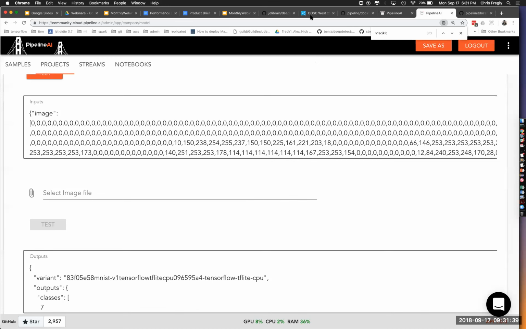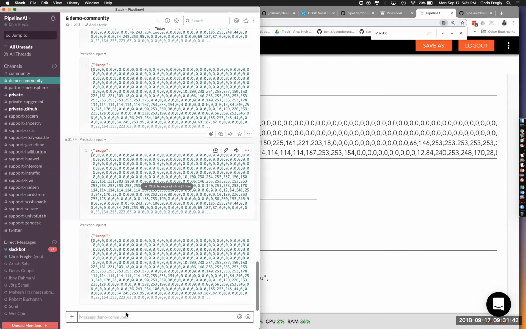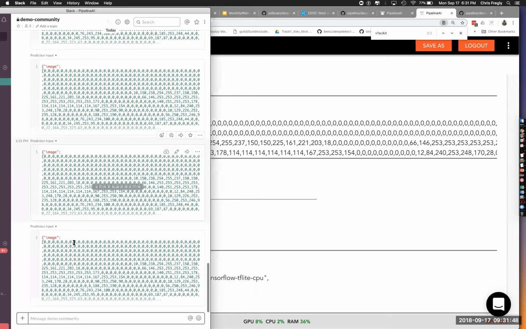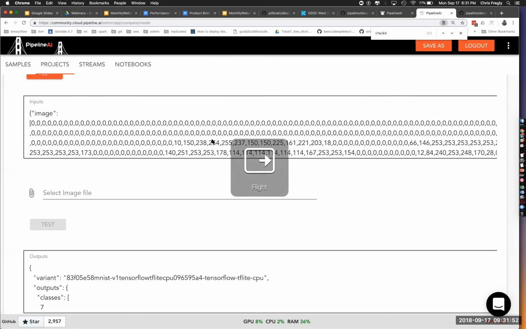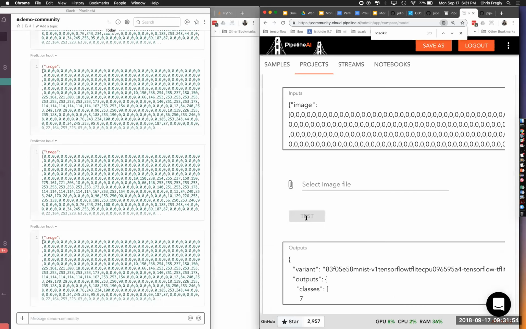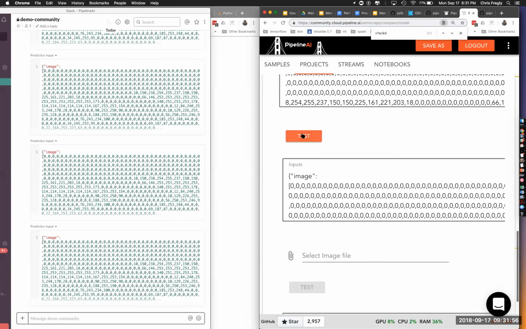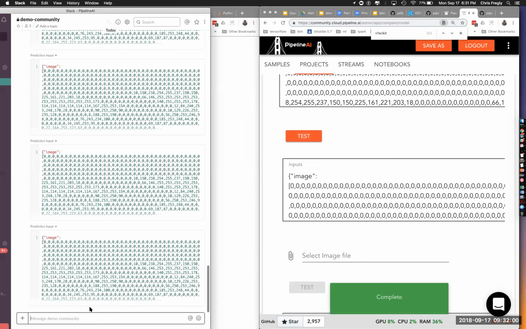Every time that we do that, this is now showing up in a private Slack channel, but we're actually showing the value, the actual image, so this is the input, and then the actual prediction.